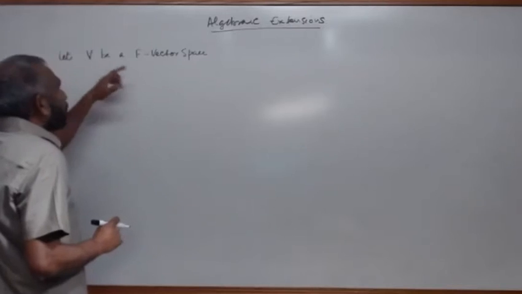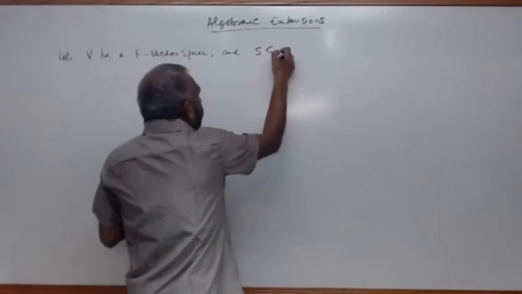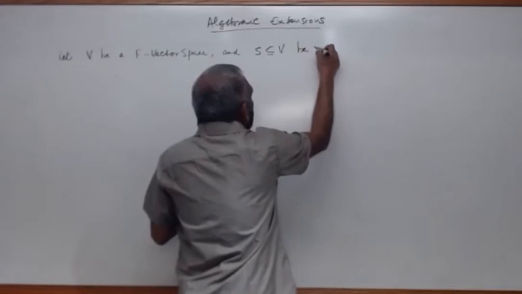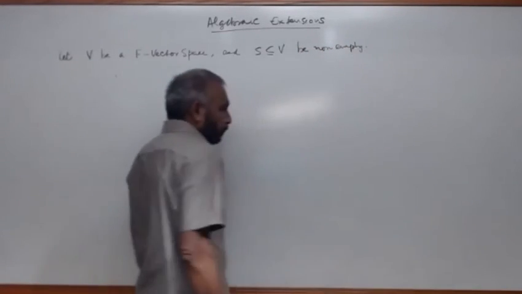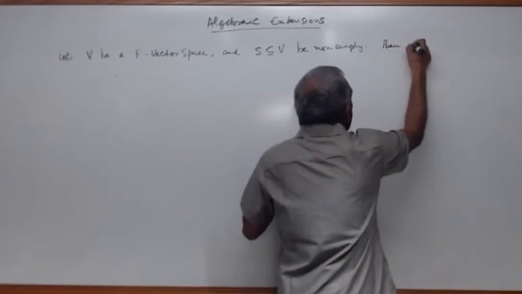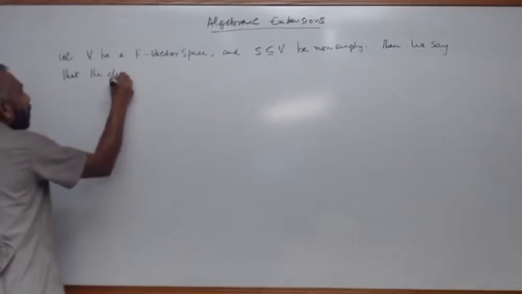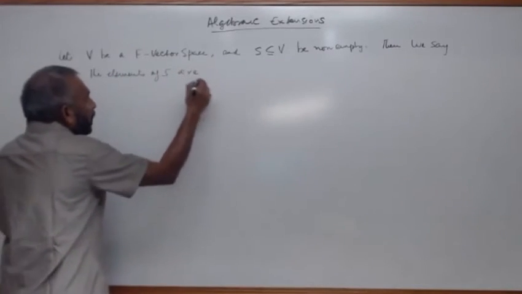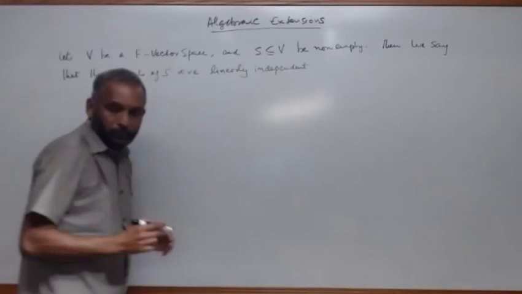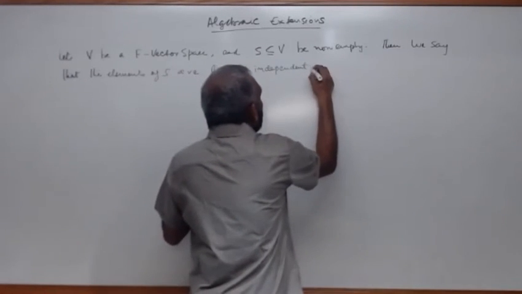A vector space means it's a vector space over F. And let S be a non-empty subset of V. Then we say that the elements of S are linearly independent if